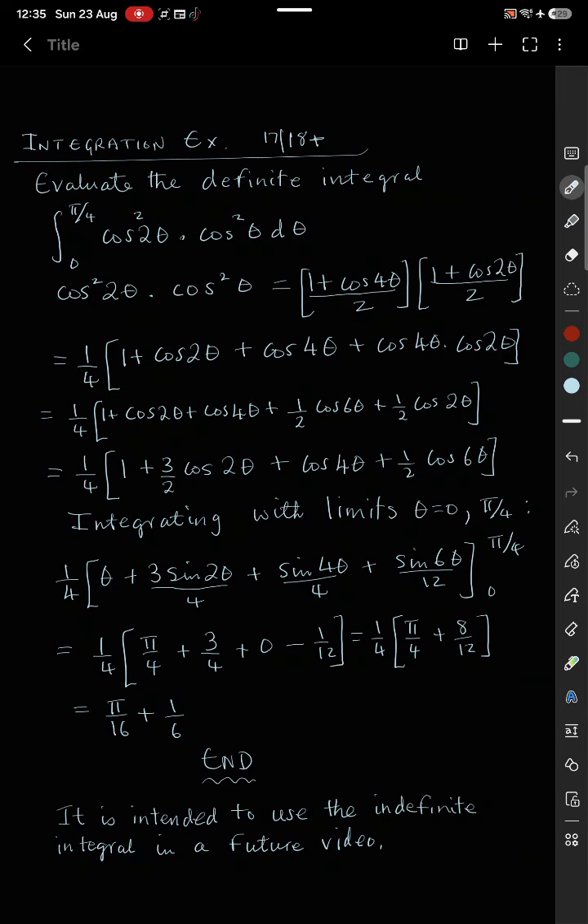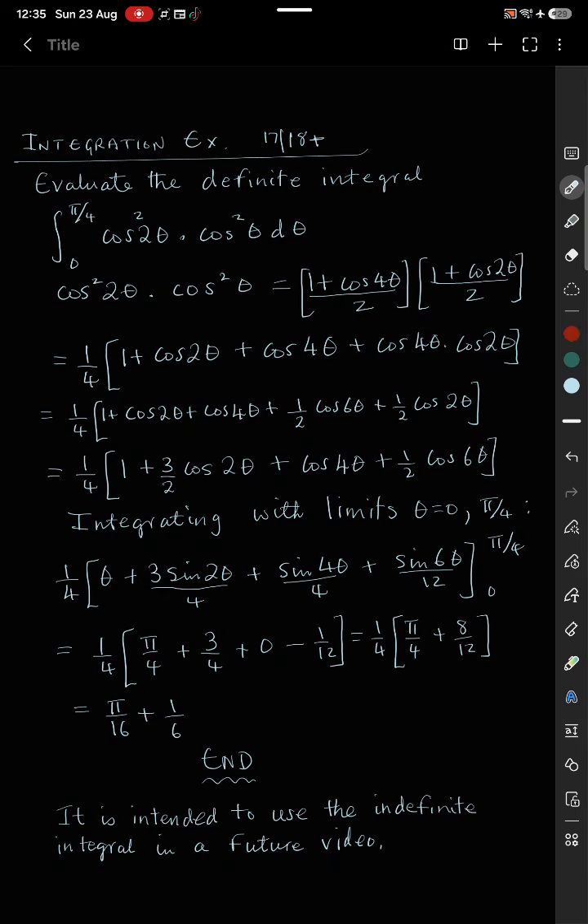So we want to evaluate the definite integral between 0 and pi upon 4 of cos squared 2 theta times cos squared theta with respect to theta. So just looking at the integrand, cos squared 2 theta times cos squared theta, we replace the cos squared 2 theta by (1 plus cos 4 theta) over 2, and the cos squared theta by (1 plus cos 2 theta) over 2,